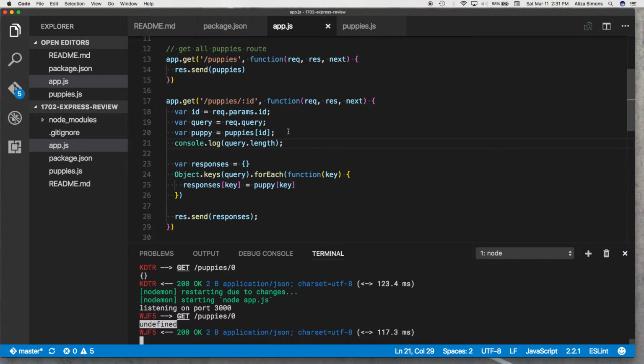Undefined. Yeah, it would be, unless we got some other random object that somehow had a .length property. Can you do Object.keys(query).length? Yeah, so we could do Object.keys because if an object has no keys, we can assume that it's empty. And so we can say here this should now log